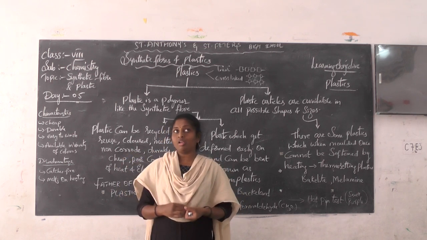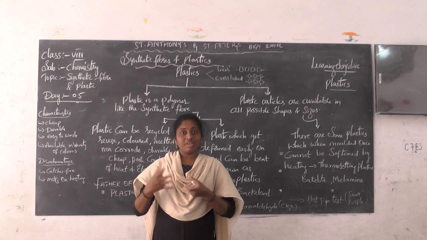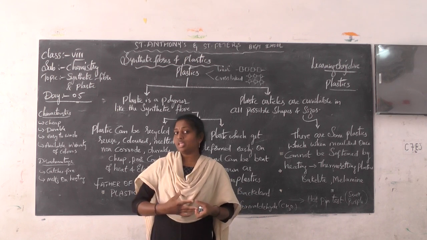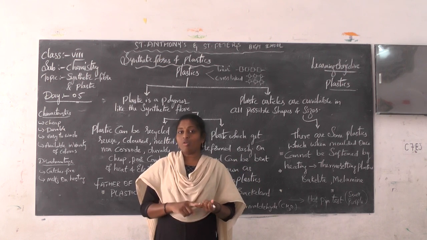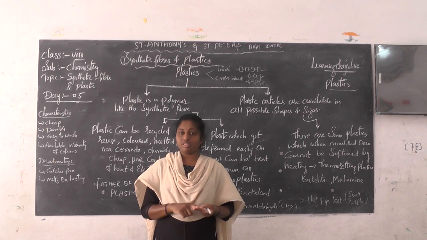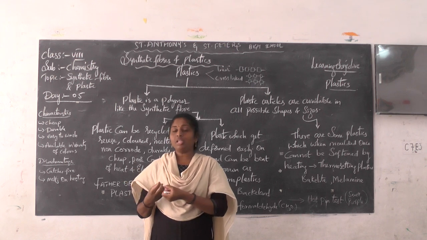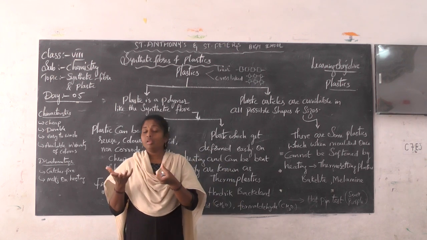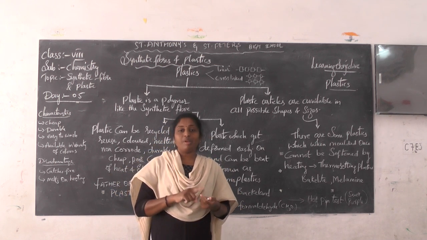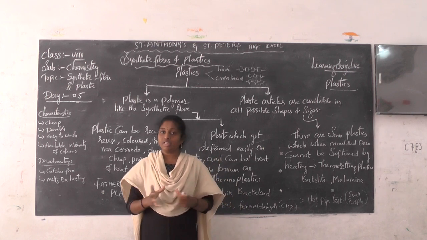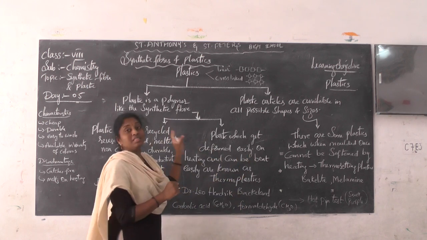Then later we studied how to identify the fibers by using the burning test. We did the burning test, observed the different types of smells, and understood what type of fiber it is. Then later we studied nylon, rayon, acrylic, polyester. We studied the sources required for preparing those materials, the preparations, the uses, and also what blending is. All these topics we studied in the previous section, so we completed the whole topic of synthetic fibers.